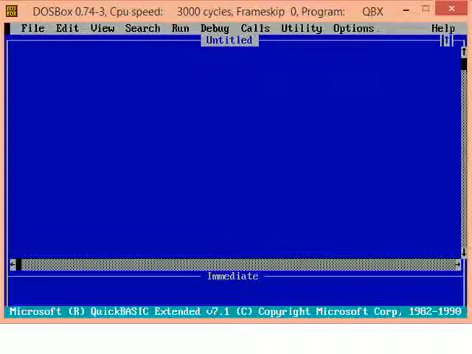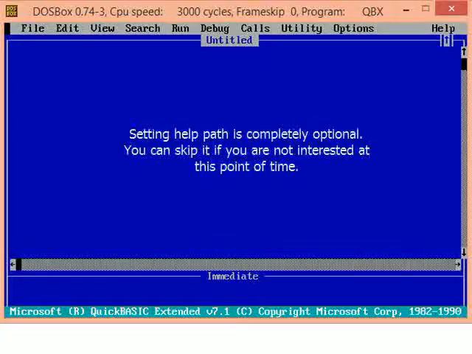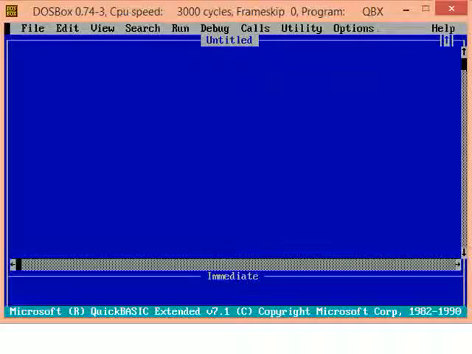Once you open the editor, you can see the different menu options. One optional setting you may want to do is setting the help path. If you need help in QBasic, you can press F1 anywhere. Contextual help page will appear. However, to make help available, you need to set up the help file path.